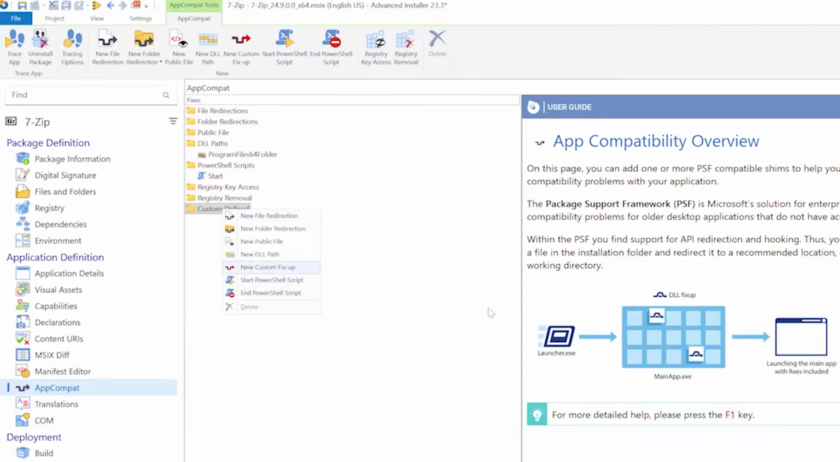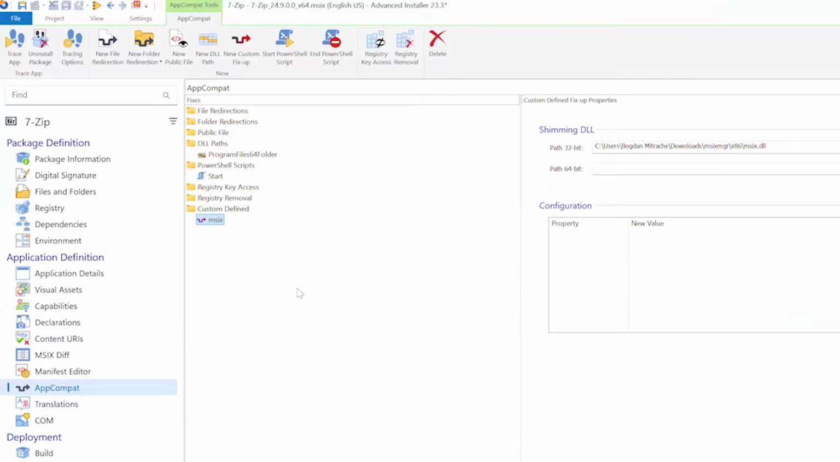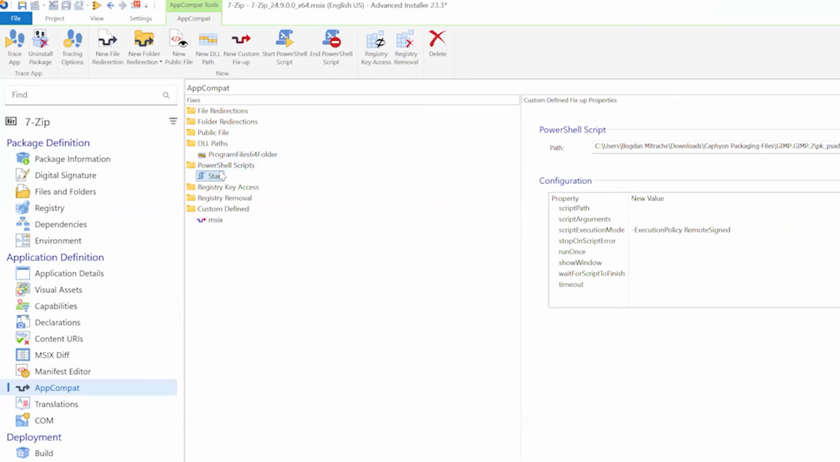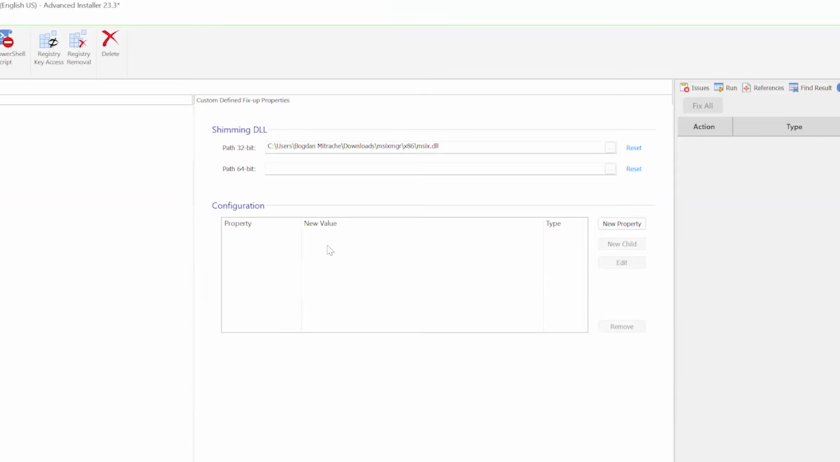Let's say new custom fixup, and I need MSIX DLL. I don't know what this is, but it doesn't matter because we won't run it. Okay, let's delete these ones. So in this case, let's say you have a fixup that was built by some other organization and shared inside the Microsoft repository. You can take that DLL, add it manually into Advanced Installer, configure its values that usually end up in the config.json file that's present in your package. And that's it. Advanced Installer will consume it as if it was built by us and included inside your package